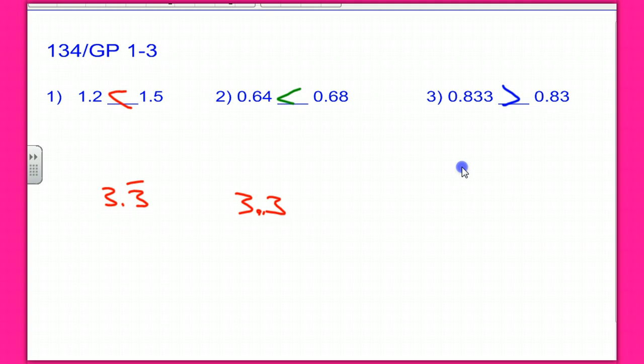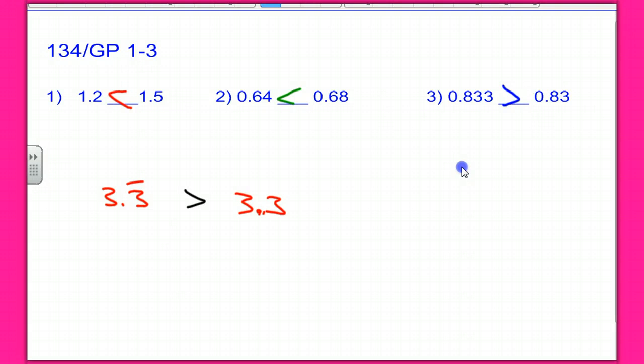And I think a lot of you already said it. I think we did one of these at the end of the last chapter. We had a least to greatest question that had decimals and fractions both. And so let's read it together. Ready? 3 and 3 repeating is greater than